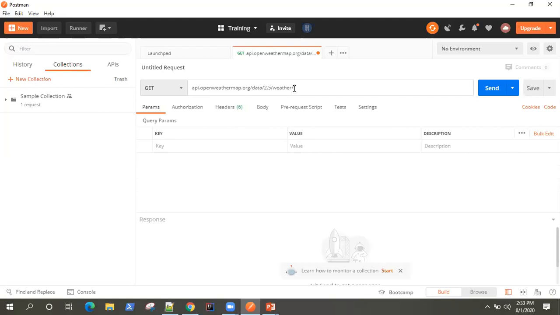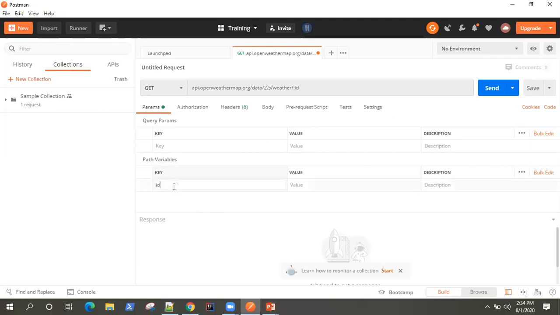After the URL, if you type a colon, that indicates that it is a path parameter. Now, if I type anything here, it is going to add a path variables section automatically in Postman, so you'll be able to see it.